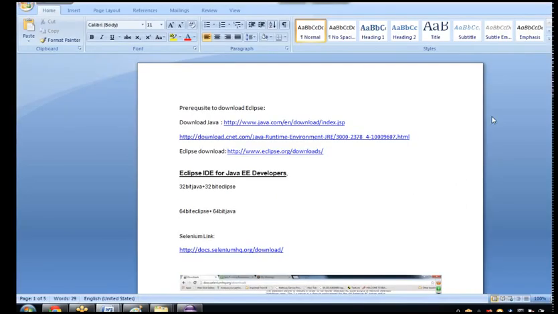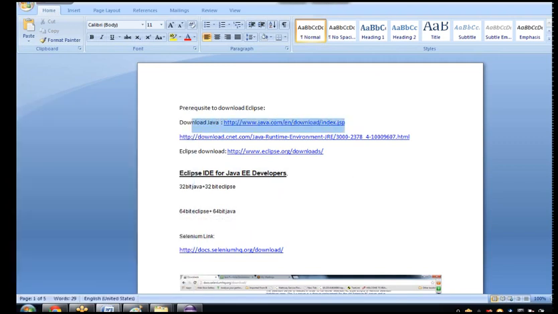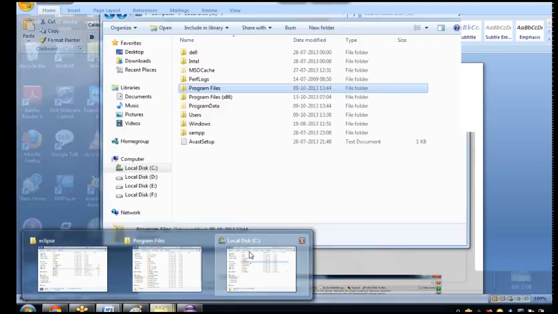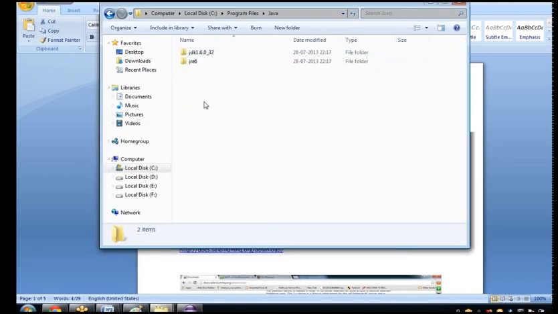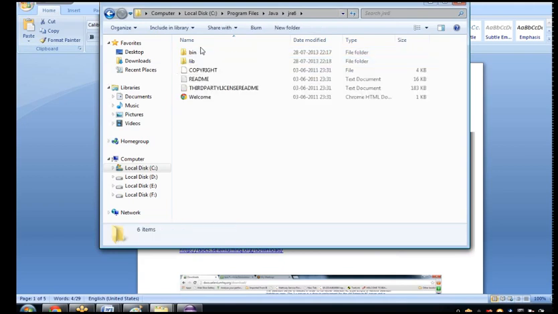Once you download Java, if it is Windows 7, then it's fine. If it is XP or Vista, or I don't know about Vista and Mac, you need to set environment properties to let the system know where Java is actually pointing to. It's very simple. Go to the C drive. Once you get the Java folder, you may get JDK or JRE. If you have anything, that's fine, no issues. Open JDK or JRE. Open the bin folder.